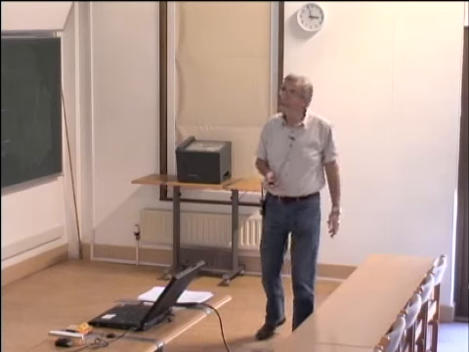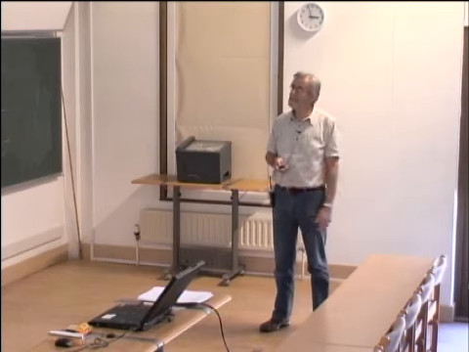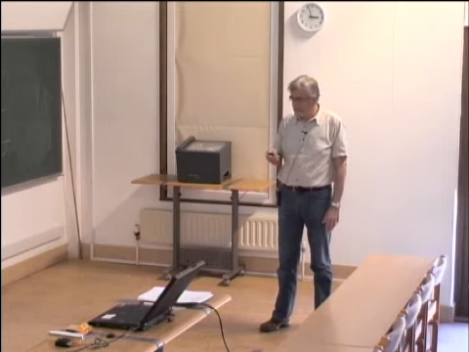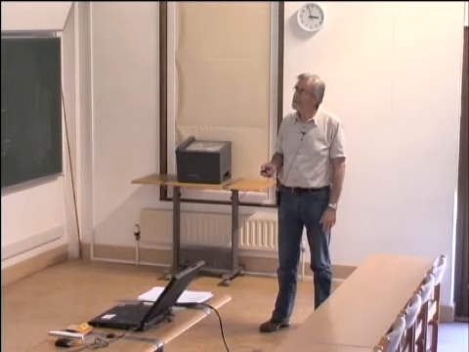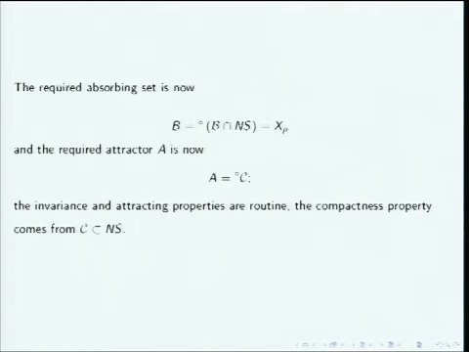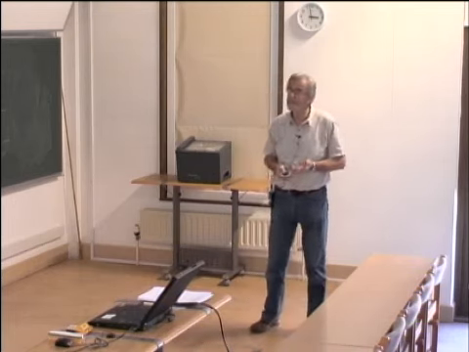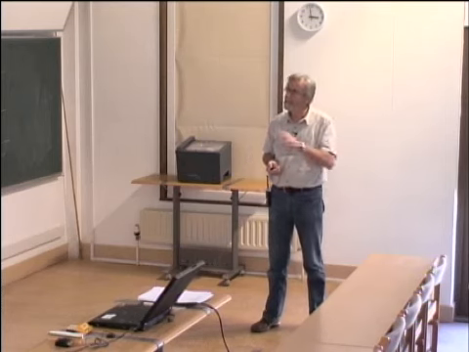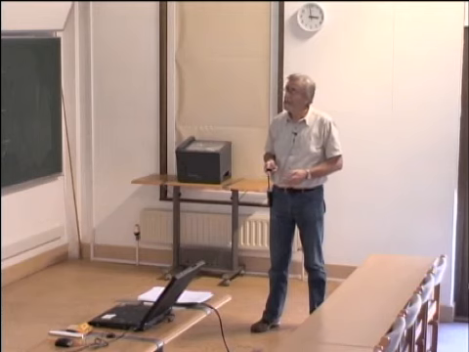So that's the idea, and I'm not going to go into any more details than that. The invariance and the attracting properties come from the fact that the set C had those properties in the non-standard world, and the compactness property comes from this, because there's a very nice theorem, going back to Robinson, about any non-standard set where everything is near to something standard. If you bring it down to something standard, it's automatically compact. It's a very, very powerful idea, and this is really a generalization of that idea. Well, that's about it.